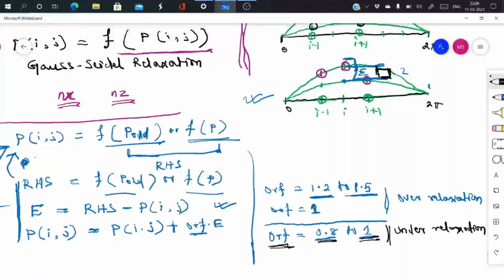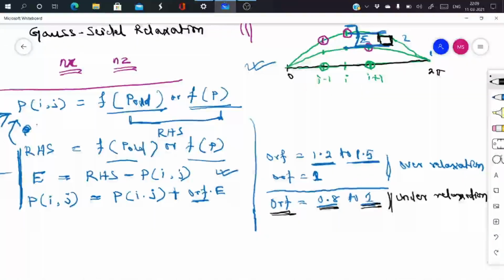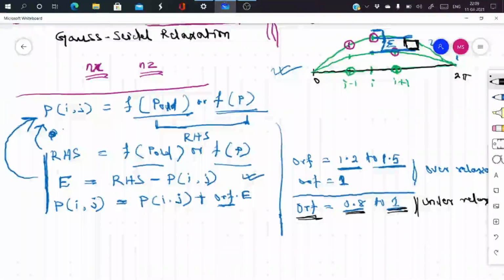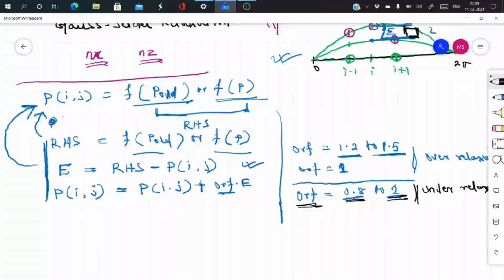Okay, so over relaxation and under relaxation, depending on the situation we can use. Over relaxation will make the solution process much faster, and under relaxation will make the solution process take a little more time, because you need more iterations to reach the final solution. But it is highly stable. This under relaxation is highly stable, definitely you will get a solution. But over relaxation is sometimes unstable, depending on the type of geometry or your operating speed and other conditions.